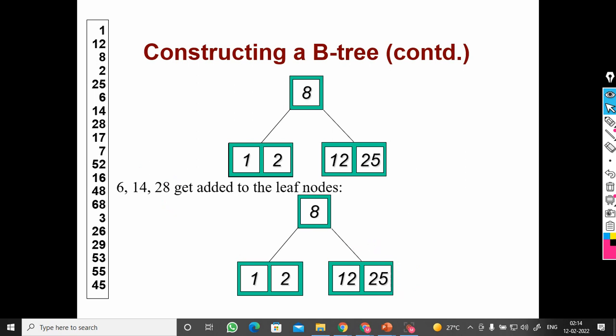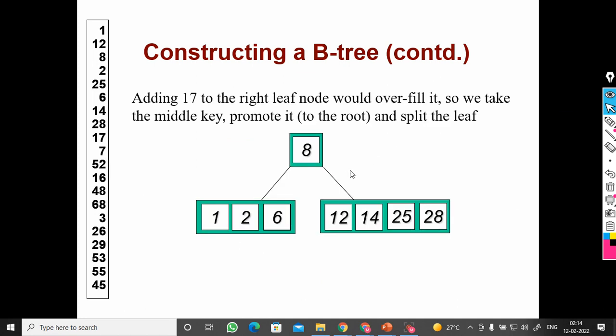Is it transformed? Yes. So similarly, you are going to insert. Fine. When you want to, let us say, insert 17, where does it go actually? 17 will go